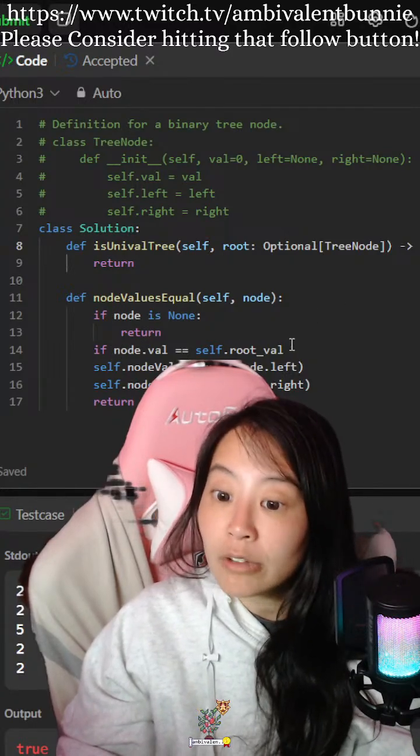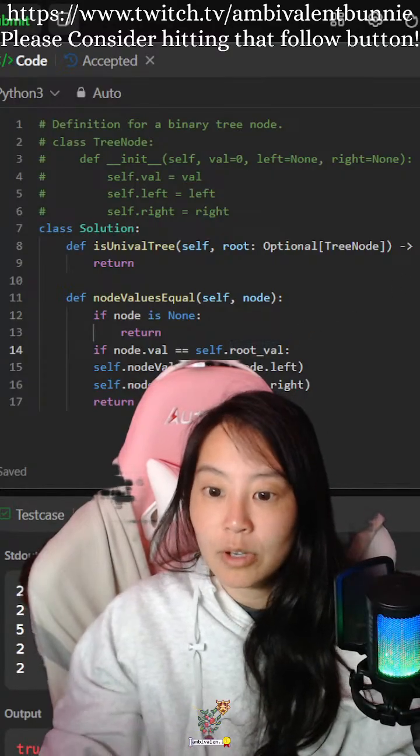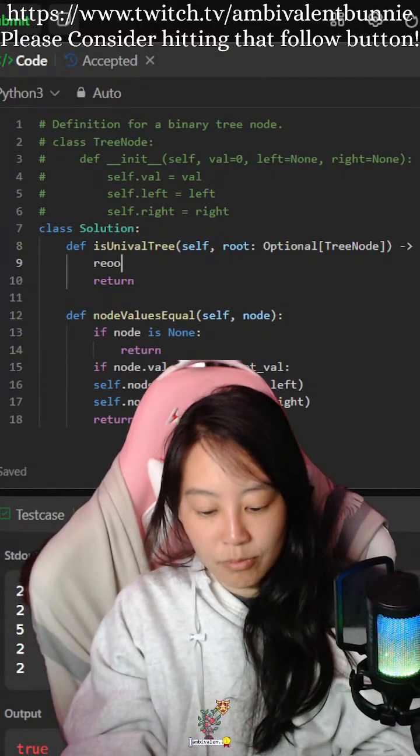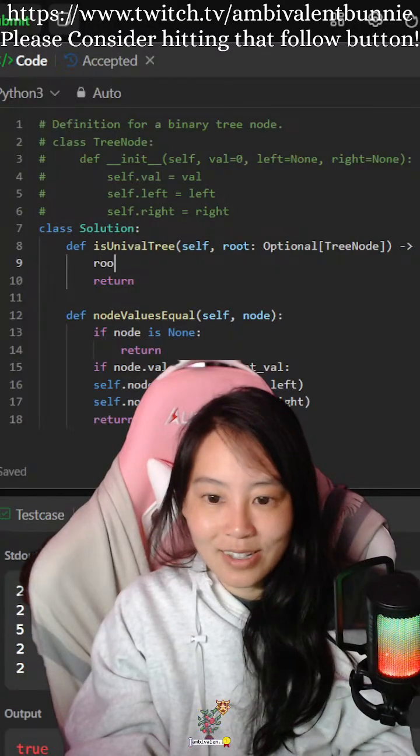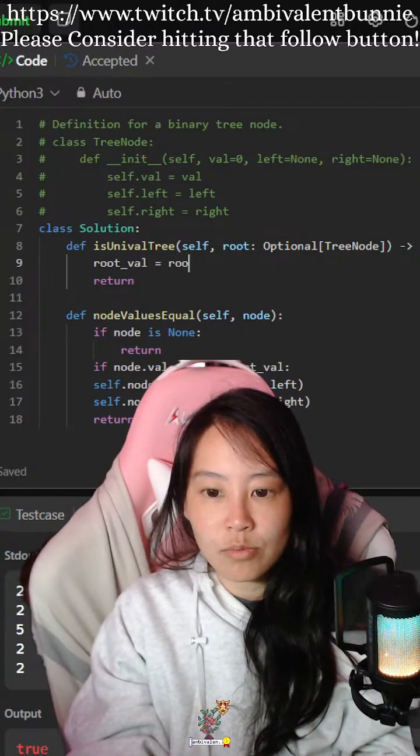Okay, Boolean is a good start. That should be the Boolean indicator: if the node value equals the root value, which is where I did root val equals root.val.